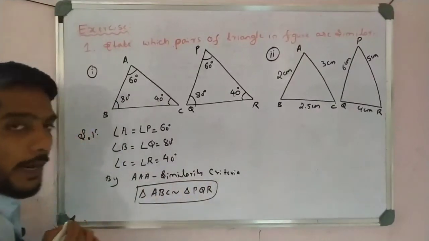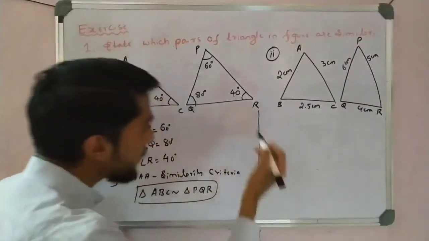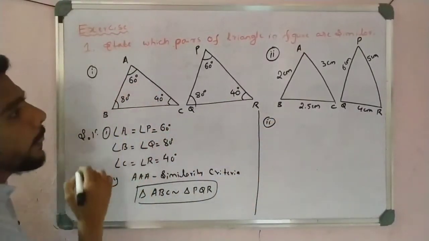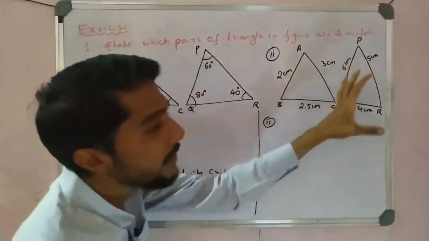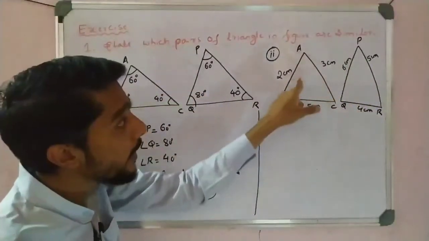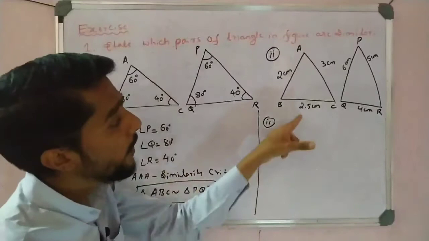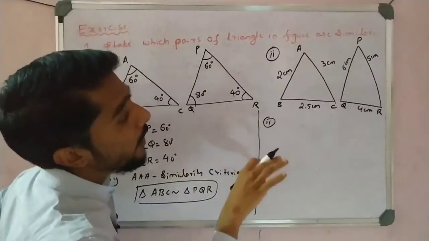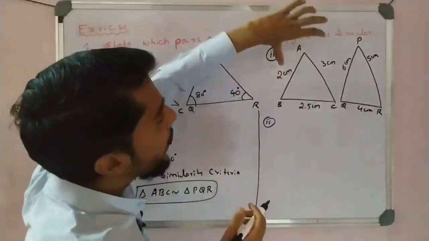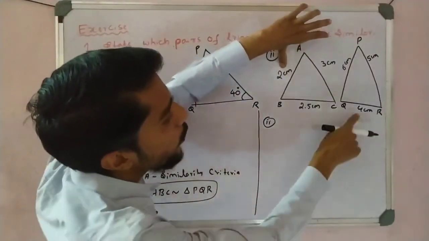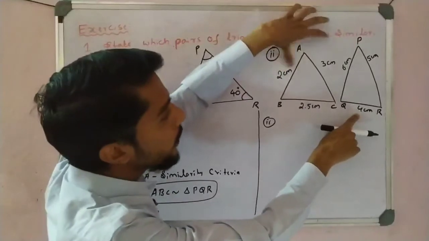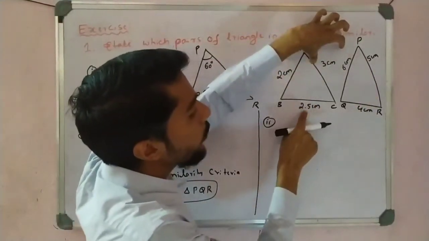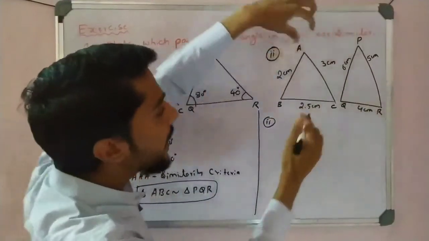Simple concept, right? So take the second one here, same concept, check which one is applicable here. See here, sides are given, all three sides. There is no concept of angle here because there is no measurement of angle. Now, three sides are given, right? So see here, check your corresponding sides in order, they give the same ratio. See here, if I take 2 by 4, it is 1 by 2. 3 by 6, it is 1 by 2, and 2.5 by 5 it is 1 by 2, right? So I can take like that.